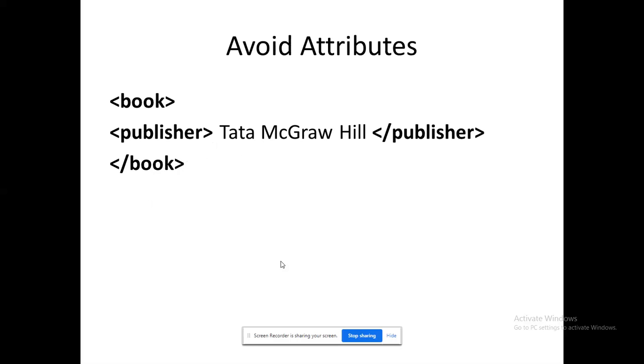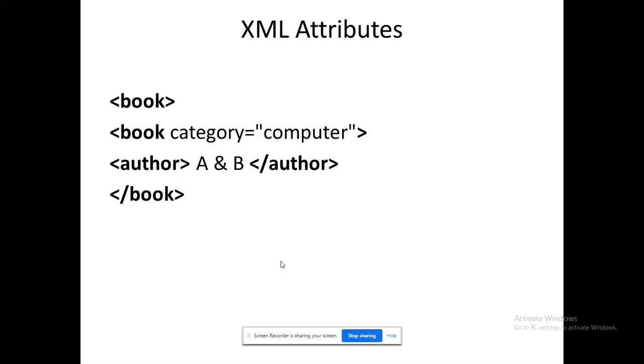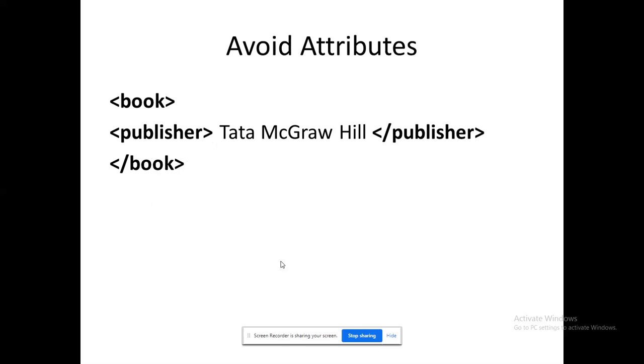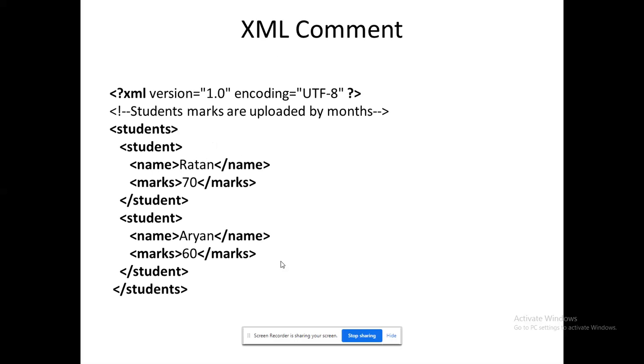So why the reason to learn about attributes, and why should I avoid my attributes? Because while you are going to parse your data, it would be more complex. So for that purpose, instead of using it as an attribute, try to make it as a subchild, right? Instead of moving with a book category, make it a subchild. So category could be the subchild of the corresponding book. That could be an easier one. That's what people are ready to work with.